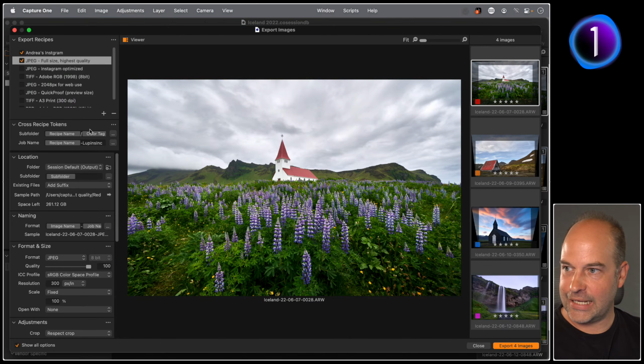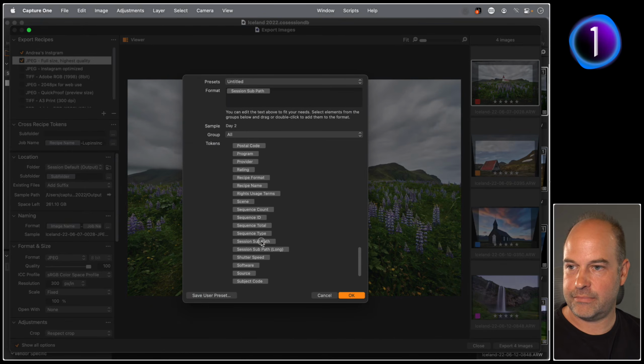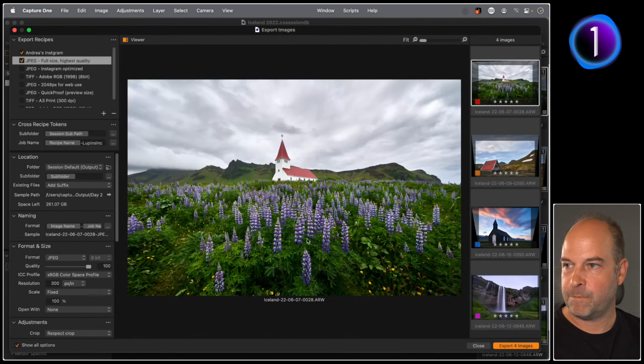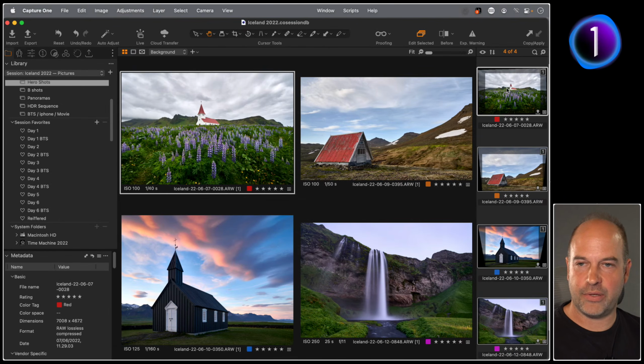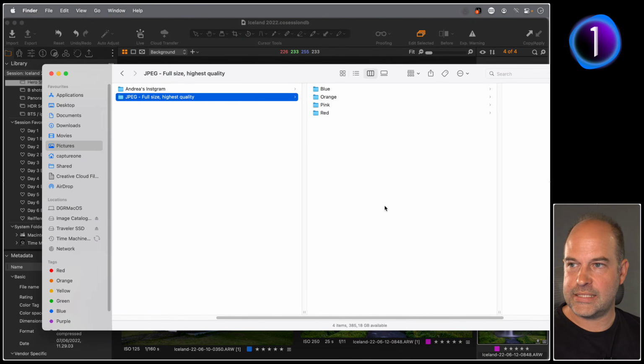Let's clear out these and explain what session subpath is. So session subpath you can find down here, like so, and say okay. Now what session subpath does, let's come out of this dialog for a second. What session subpath does is it looks at where this picture exists in the session and creates that same path in the output folder. So if I right click on this and say show in Finder, we can see this